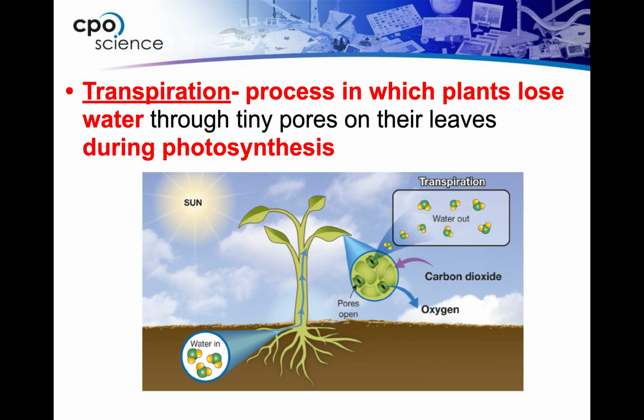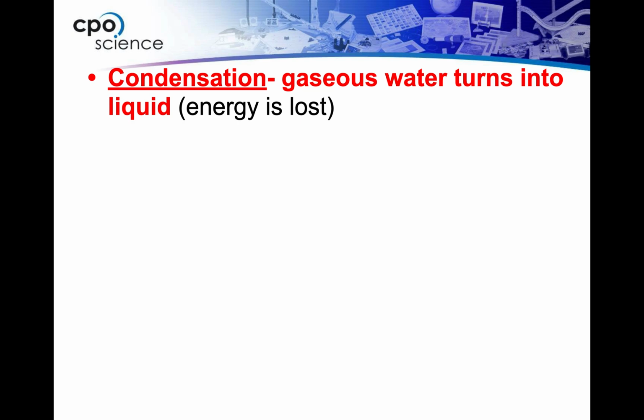So the plant is actually releasing water. Now, certain plants live in environments where they have to deal with a lot of heat and a lot of evaporation, so they'll have characteristics that help them hang on to that water longer. Think of a cactus. But then you have other plants that are living in areas where there is a lot of moisture, and they have adaptations to take in that moisture.